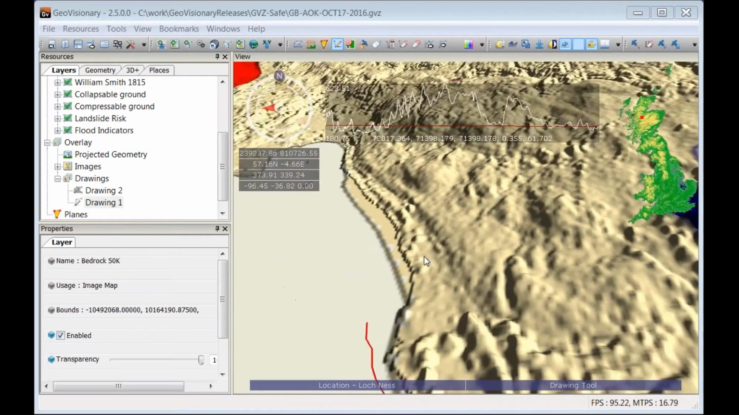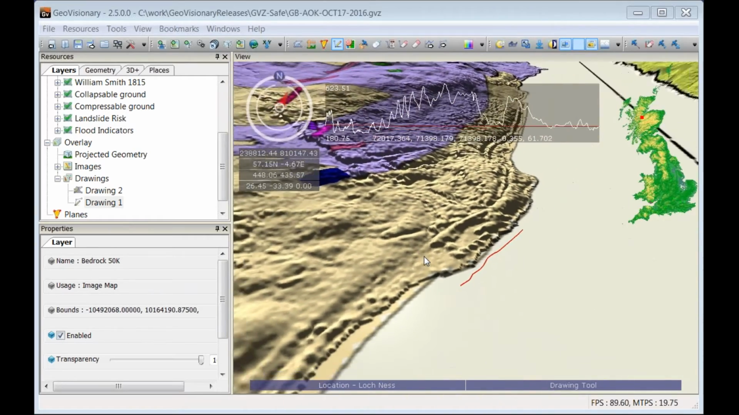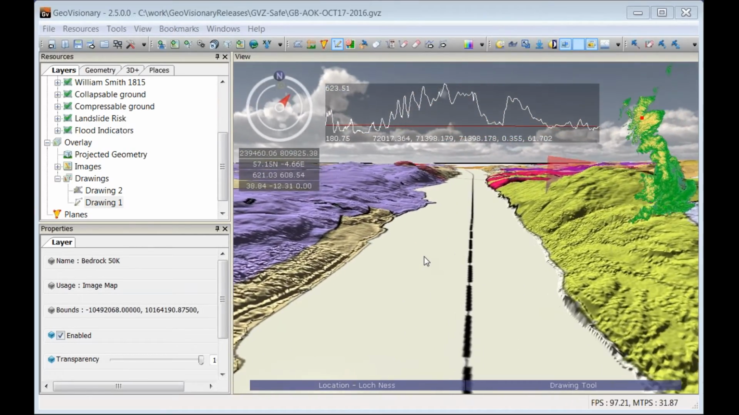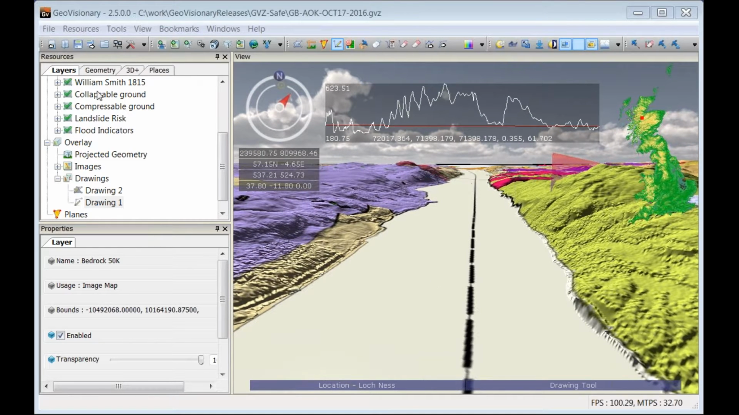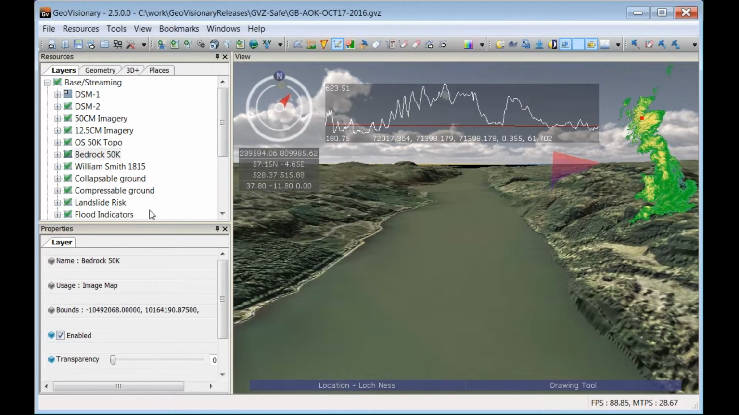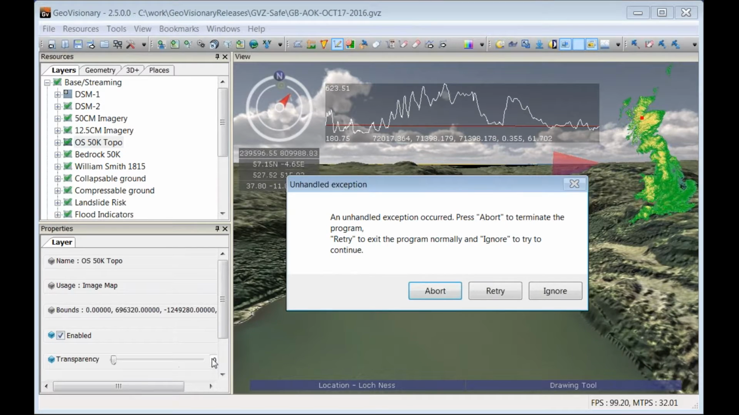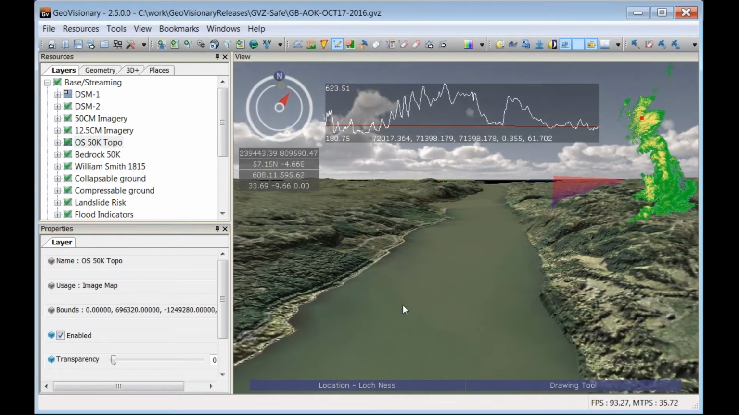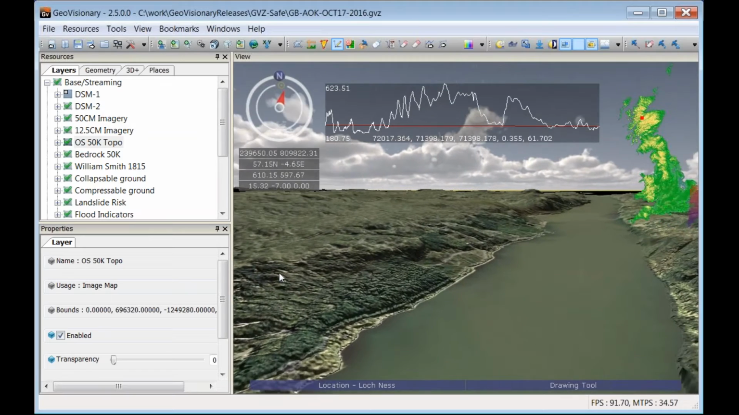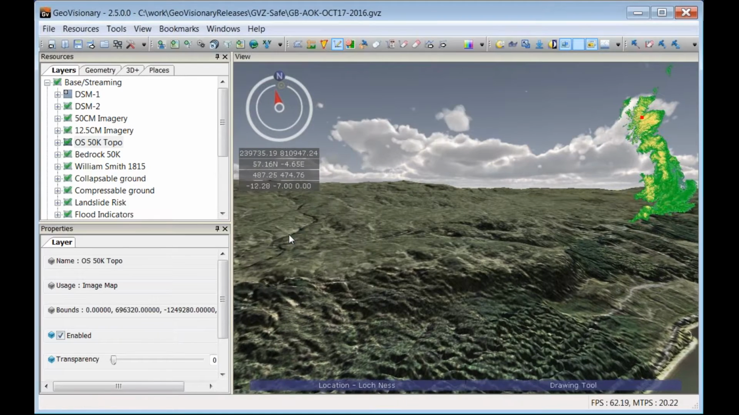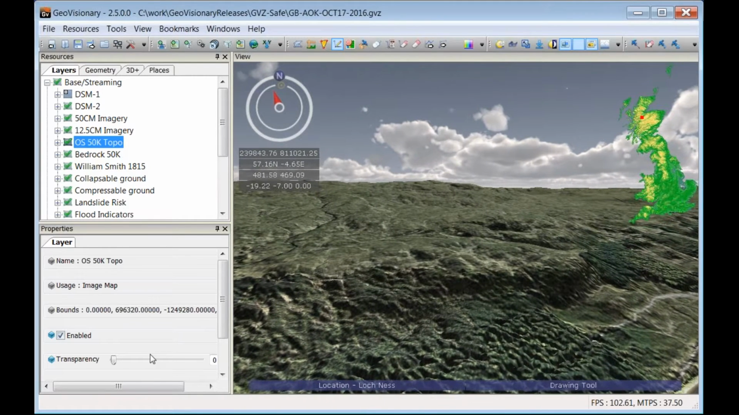You can also pull existing shapefiles out of ArcGIS into GeoVisionary, edit them, attribute them, whatever you want to do with them, and then you fire them back into ArcGIS. So let's just turn off the bedrock for a minute, and we'll turn the map back on. And what we can do is fly down here. I'm going to turn off the height profile, and we're going to go back to the map,